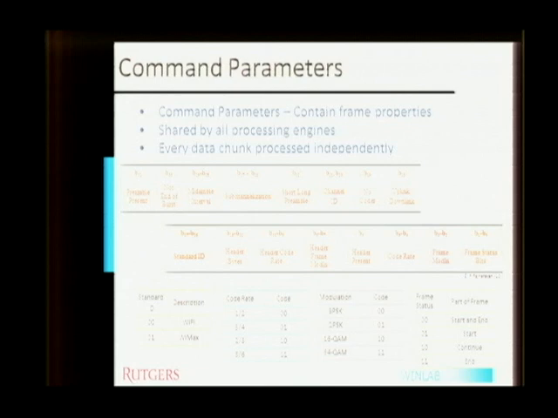Since this is shared by all processing engines, every data chunk is processed independently. So this modulator need not have any prior information of its previous chunk, or it need not pass this information to its next chunk. So we can set up multiple flows in this case, where the software sitting on top routes the packet in such a way that you get alternate frames or something. In this way, the modulator need not worry what frame it belongs to or what flow it belongs to. It just has to read these fields and modulate the chunk accordingly.